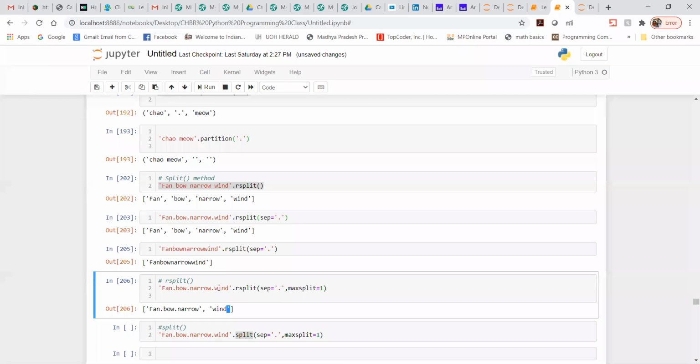Once it has read wind from the right, that split is completed, because maximum split has to be 1. So wind is printed and the rest of the string is counted as one. This is what happened. Now let me perform the same thing here.